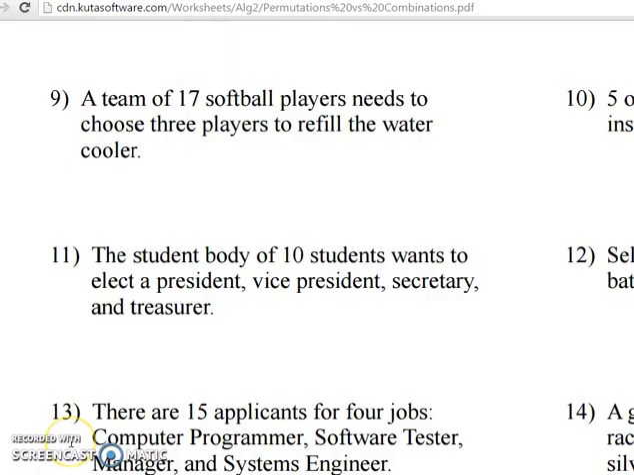Okay. Alright, for number 9, the biggest thing you have to look for is, does the order matter or does it not matter? Okay, I think some of y'all got that backwards when you were doing this. 17 softball players need to choose 3 players to refill the water cooler. For that one, order doesn't matter. They don't really give you a specification as to what order they're filling it up in or anything like that. So for this one, 17 and then combination 3. Okay? Order does not matter. When you type that into your calculator, you wind up getting